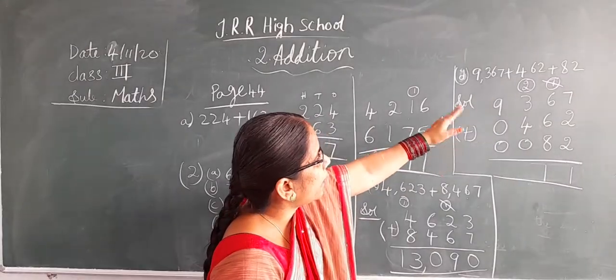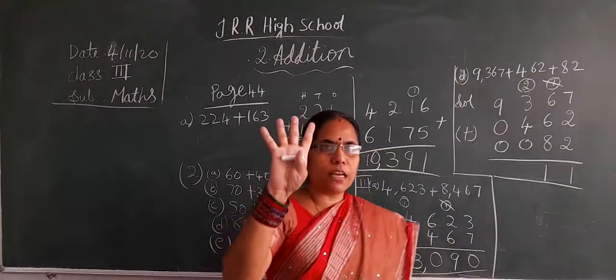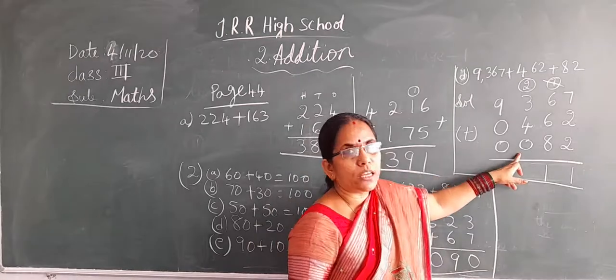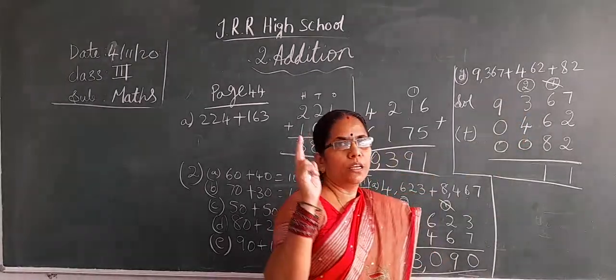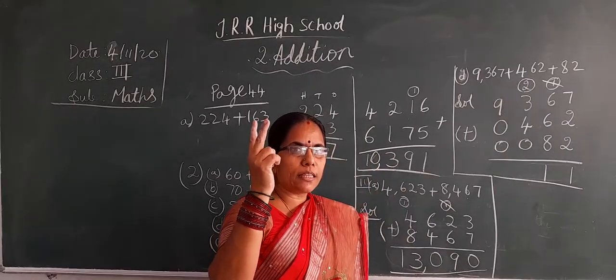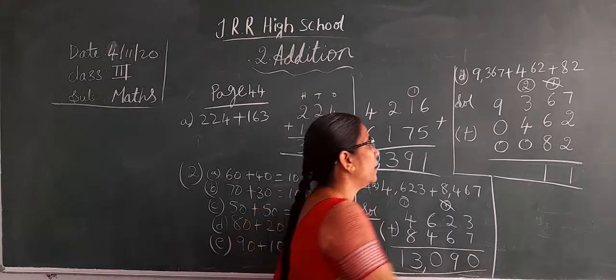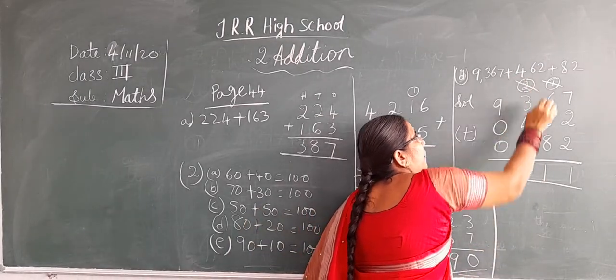Now add the hundreds place. 3 and 4 you add. 3 in the mind, 4 on the fingers. 3 after 4, 5, 6, 7. Here 7 plus 0 is 7 only. 0 makes nothing. That 7 add 2. 7 in the mind, 2 on the fingers. 7 after 8, 9. 9 is a single digit number. Right, here no carry. So this carry we added, cut it off.